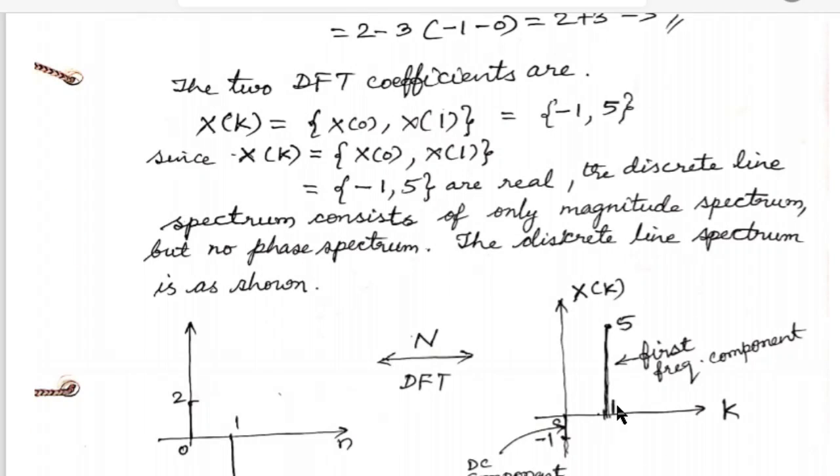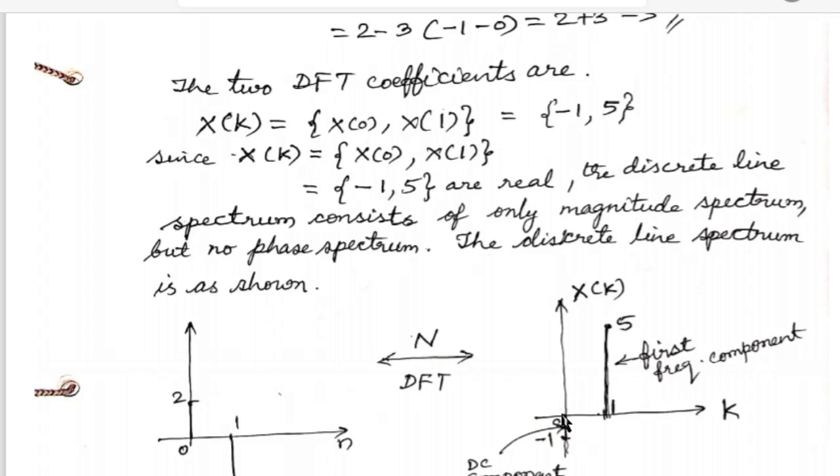So accordingly we will show this. Minus 1 happens to be at n equal to 0, and plus 5 happens to be at n equal to 1. Since we are plotting the N-point DFT of this, along the x-axis we show k instead of small n, capital K here, and its magnitude happens to be the X of k value, that is the DFT value of that particular